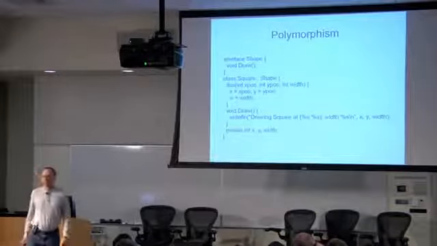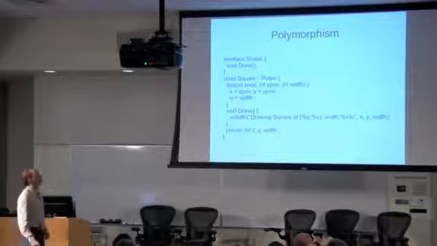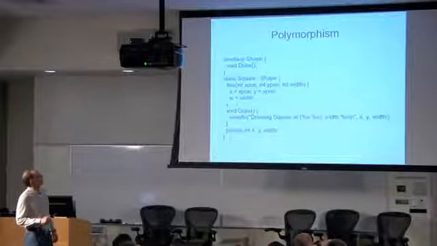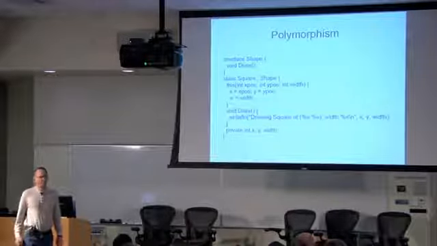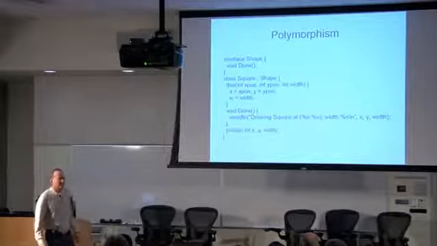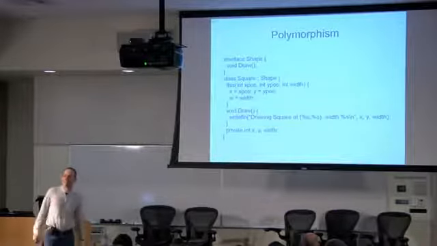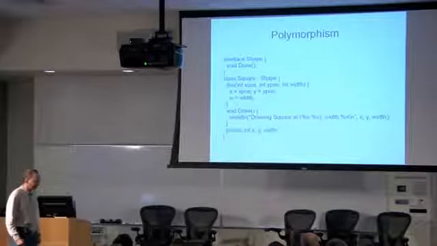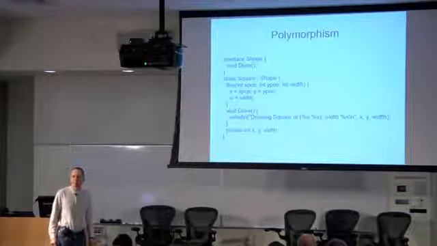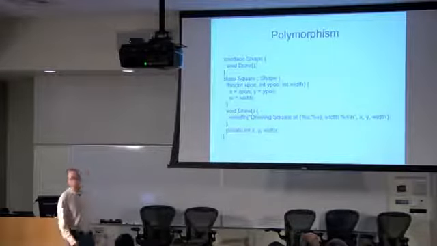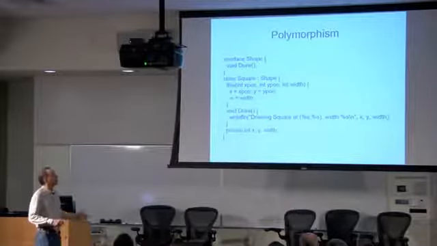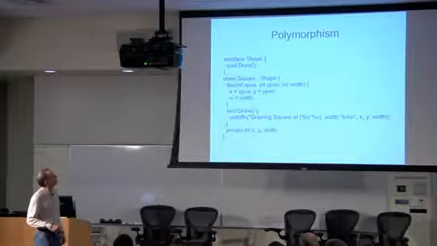So let's start with polymorphism. Everybody knows what polymorphism is. This is old hat. What D supports is single inheritance with multiple interfaces. And you might recognize it as the Java model. And it's very successful at what it does. And although nobody anymore claims that object-oriented programming is a solution to all problems, it is a solution to a lot of problems and is the most appropriate model for a number of issues. And D supports it, the standard model, very well in the usual way.